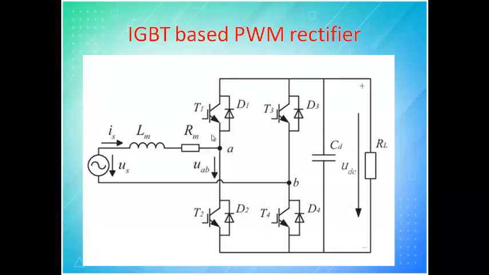So here the input is AC, and you are going to convert it into DC. So let us start. This is a basic circuit, what I call an H bridge. So this is a top switch on this leg and this is a bottom switch on this leg. The sequence T1, T4 will be operated, then T3 and T2 will be operated. For this circuit you can go for single pulse, multiple pulse, sine PWM and whatever you want. So you can go for various PWM techniques. Here all these four are IGBT devices.